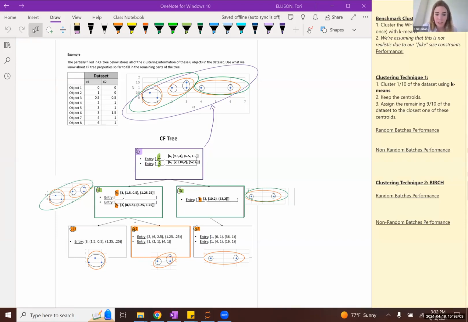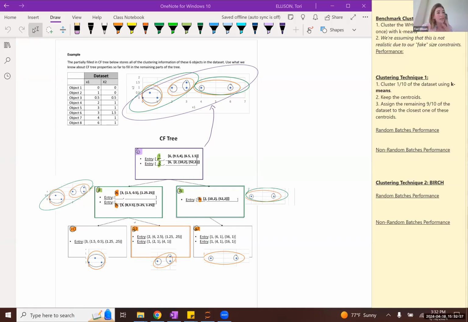So just as a reminder, Birch is our first online big data clustering algorithm that we have introduced in the course. And one of the key benefits that we discussed that Birch can provide to us is that it's actually this really cool memory efficient clustering algorithm that does not require you to have the entire data set that you'd like to cluster loaded in your computational working environment at any one given point in time.